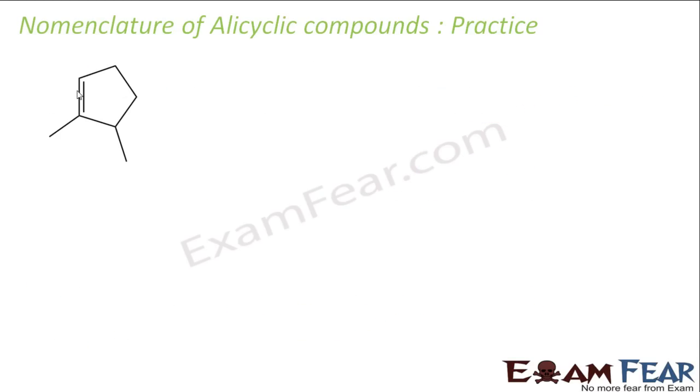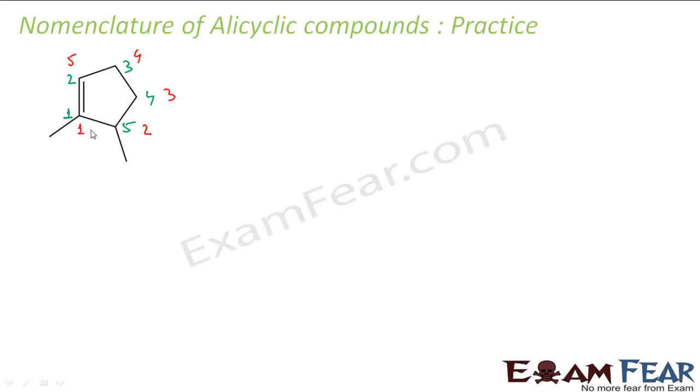Let's try to number this. It is a double bond, so ene is the functional group here. So this should get the least number, right? So I have to make it 1, 2, 3, 4, 5. This is one option. I can have another option also where I start from here at 1. But with that, it will increase the count because of the methyl group attached. So these are the 2 better options. If I take either, green or red, my 1 is the double bond, so that is fine.